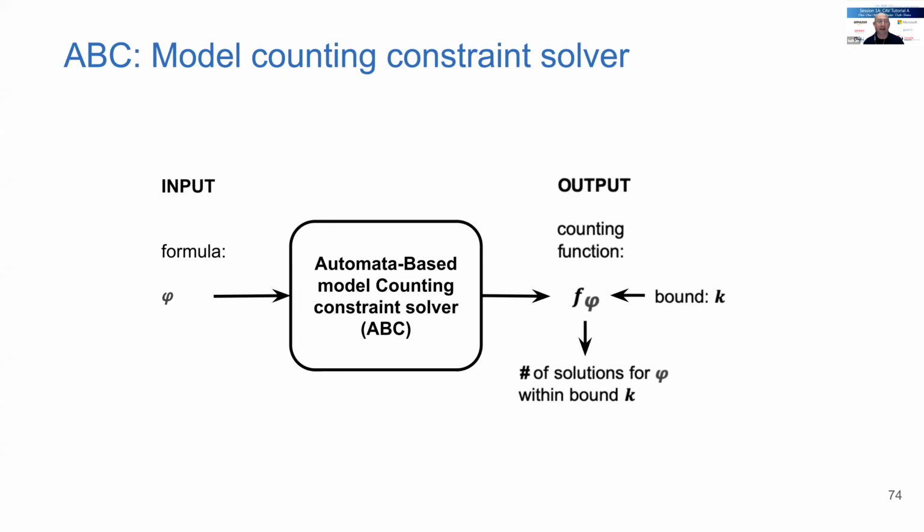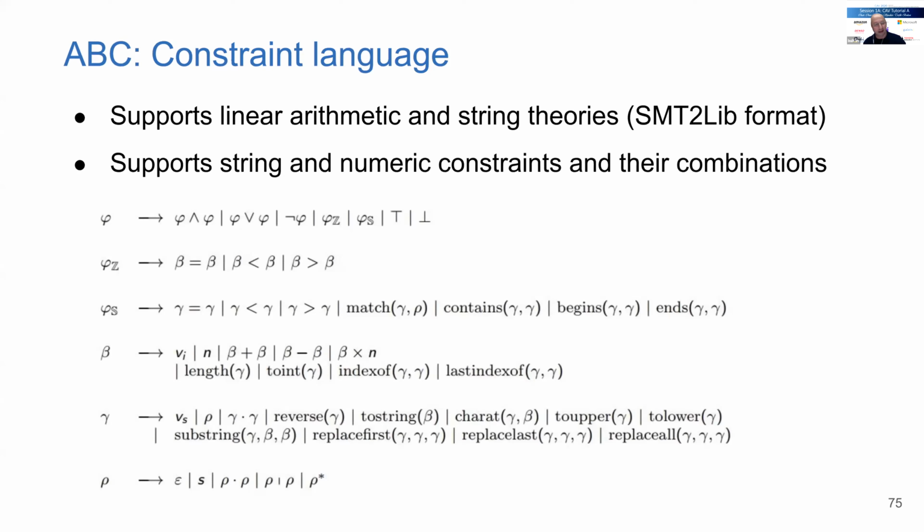So how does it do it? It's an automata-based solver. Well, it is the constraints we handle, but anyway, there is some linear arithmetic here. You can see linear arithmetic, we can do arithmetic terms. It has string terms, regular expressions, and string operators. It has constraints on strings like match, contains, begins, ends. But it can also have operations on strings that give numeric values, like length, index of, last index of, and then you can use integer variables and string variables and mixed constraints too. So it can handle a bunch of things.